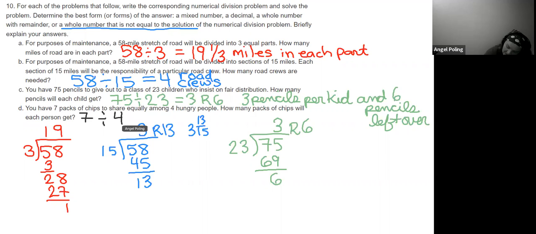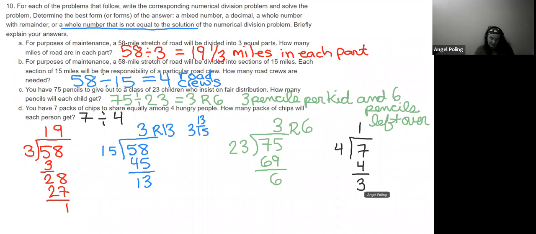And we have a 7 divided by 4 situation. We don't quite get 2 bags apiece, right? We've got 1 bag, and we've got,